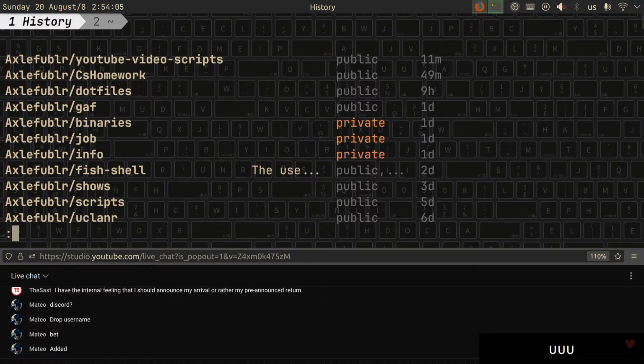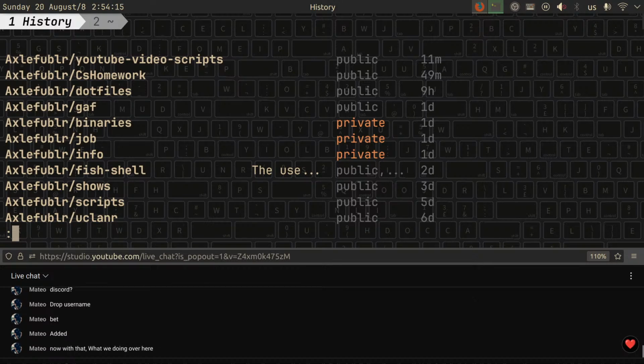Right, so I have YouTube video scripts, CS homework, and then a bunch of other stuff. Oh right, I forked fish shell. What we're doing here is organizing my GitHub. I used to have a bunch of different single projects with C#. And they were kind of annoying. Like, if you go to my repositories, you would see a lot of them, and you couldn't really see my actual